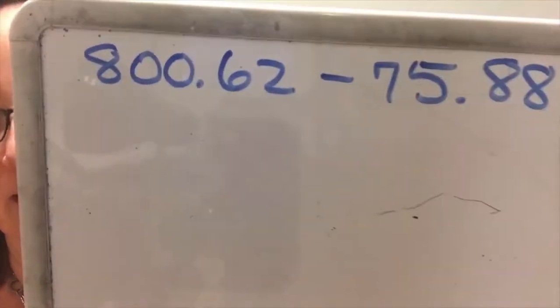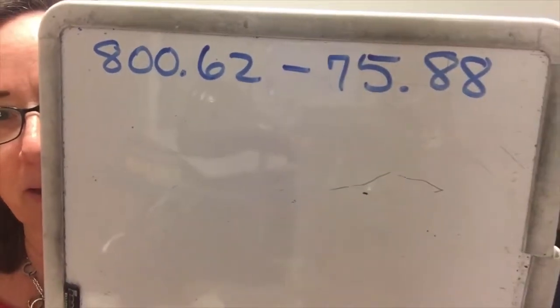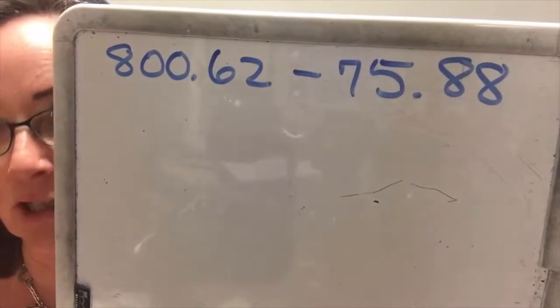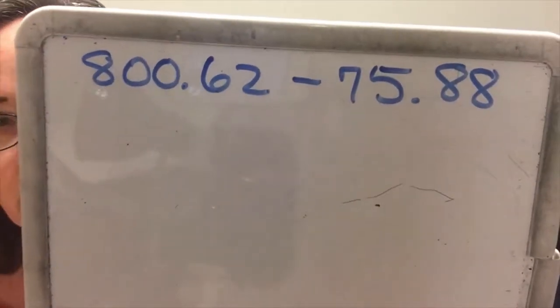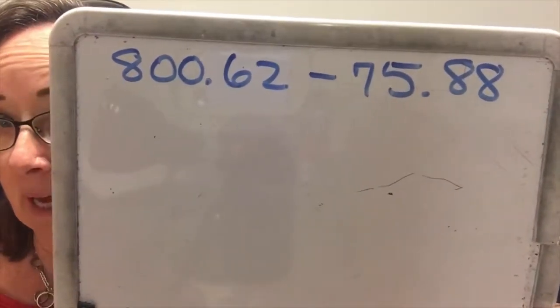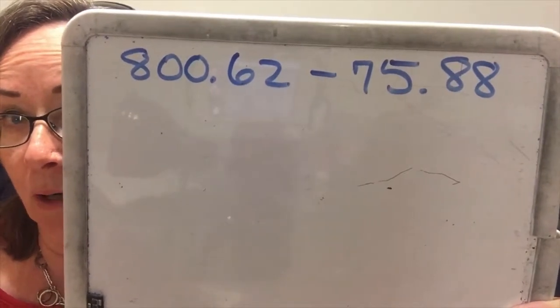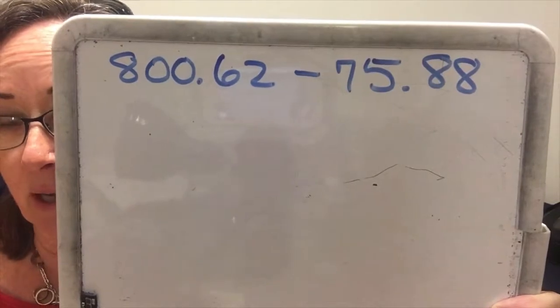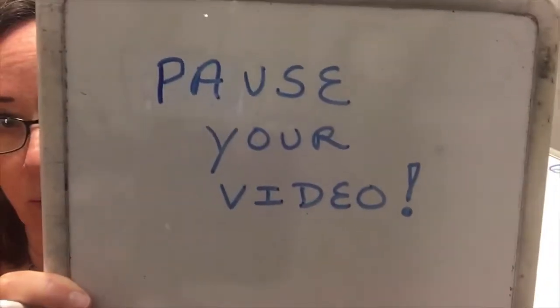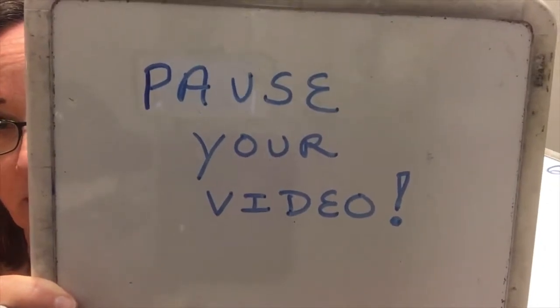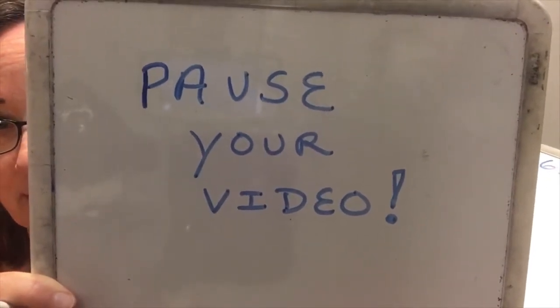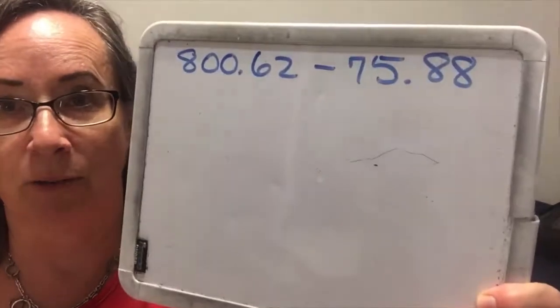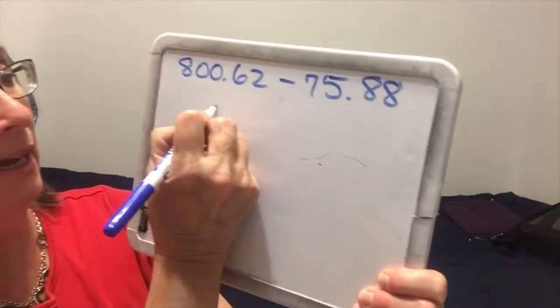So now we're on D. Okay, there is the problem. And again, you're going to need to line up your decimals, and you may have to borrow or rename or whatever you want to call it to get your columns to come out correctly. So pause your video and do that work, please. Okay, so hopefully you did that. And now we've got